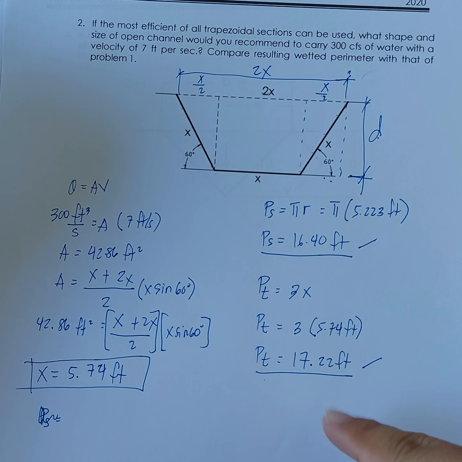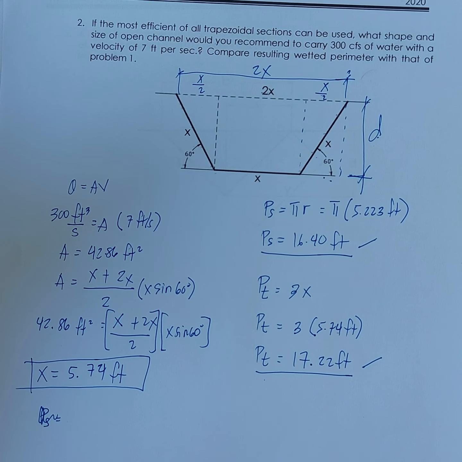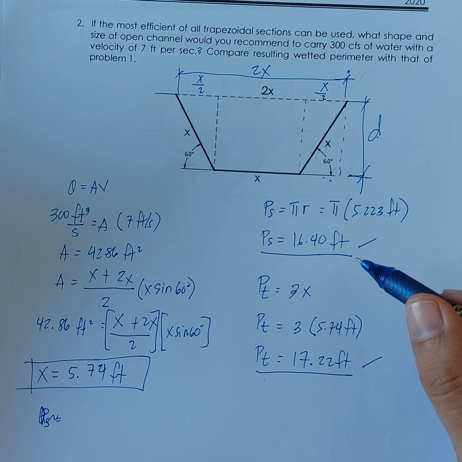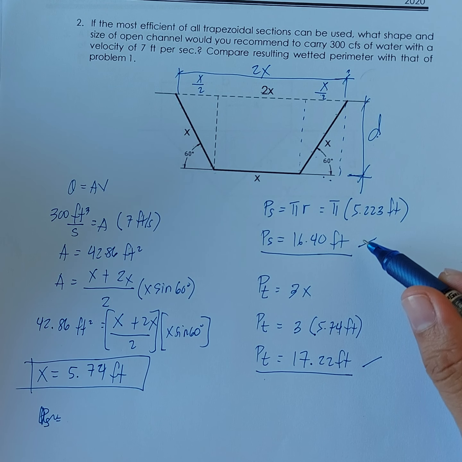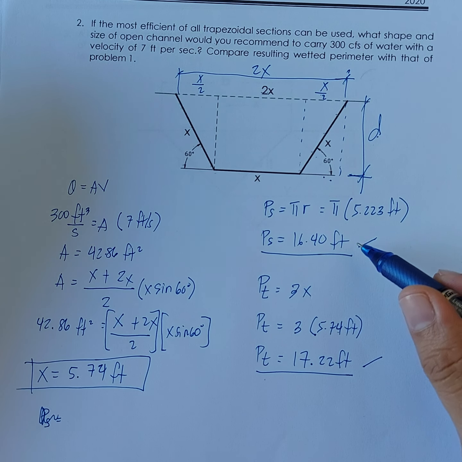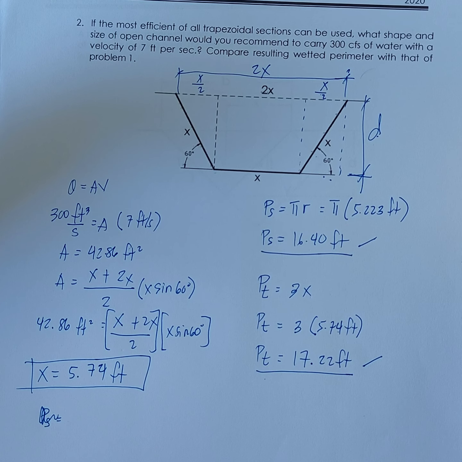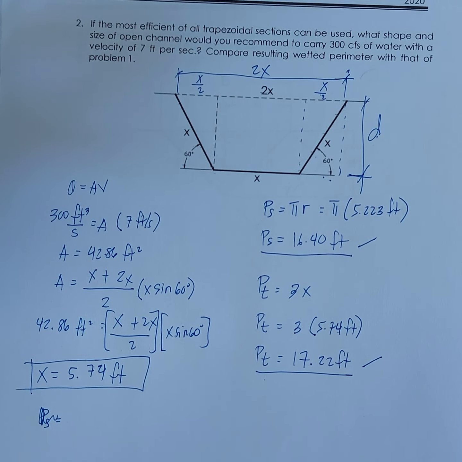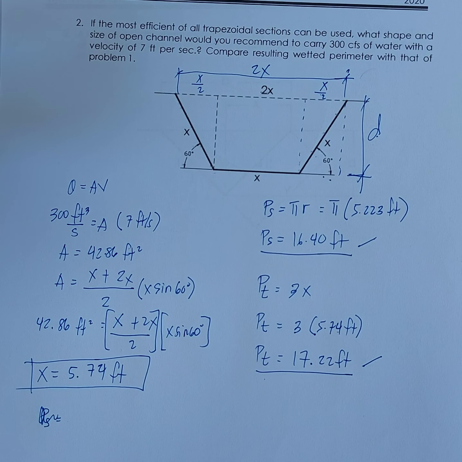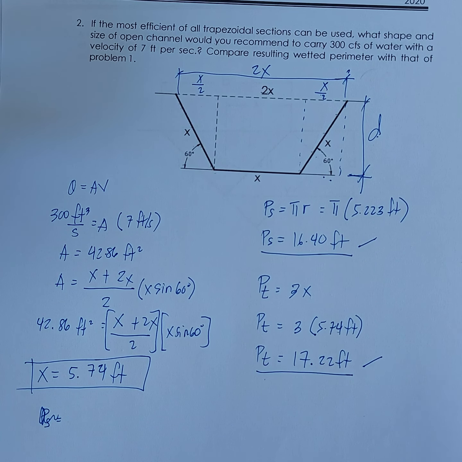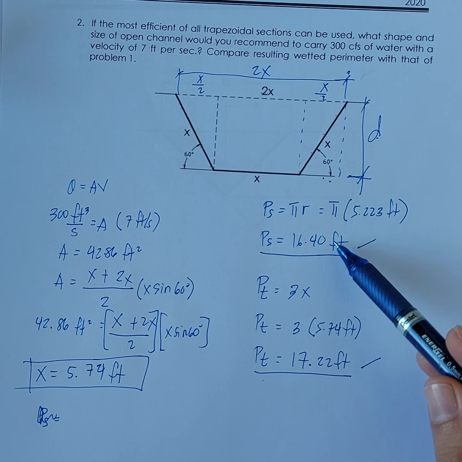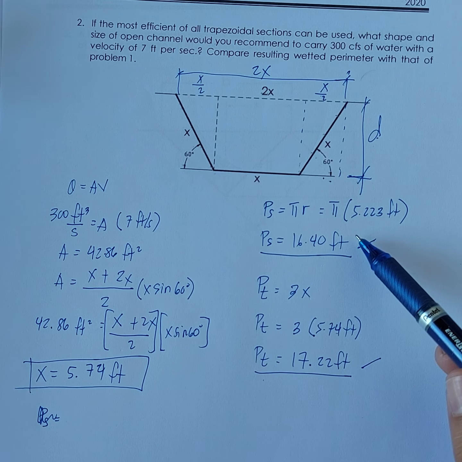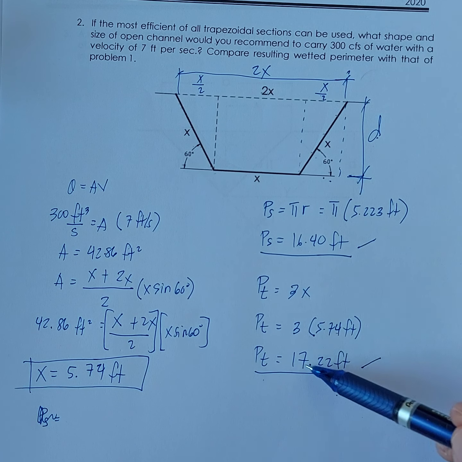perimeters. Okay. So if you want to construct, for example, an open channel, of course you would prefer this one kasi that would be less costly in terms of the materials that would be used, less expensive, especially if you're going to construct a channel that traverse kilometers of farmlands, so that kapag irrigation, this would be in terms of materials, cost will be more preferred than this one kasi mas mahaba yung kailangan mong construct na